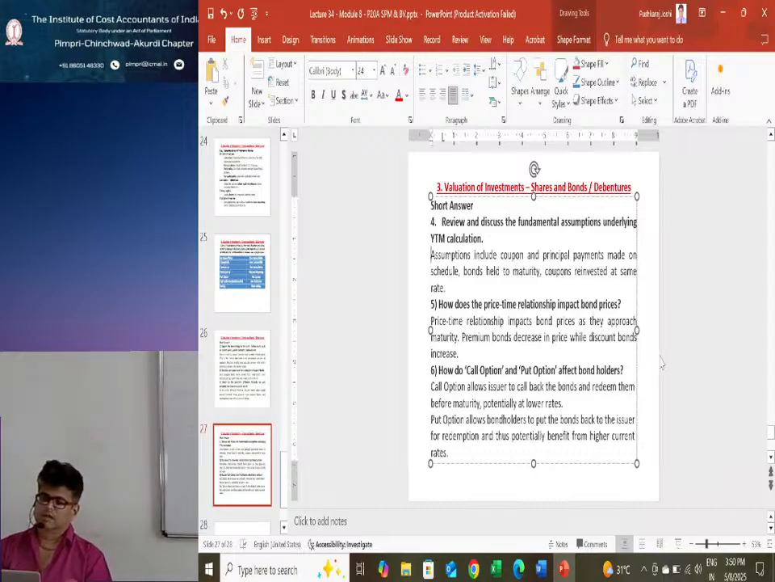Yeah. So review and discuss the fundamental assumptions underlying YTM. So assumptions include coupon and principal payments made on schedule, and bonds held to maturity, coupons reinvested at the same rate. Short question answer 5 deals with the price time relationship and the impact on bond prices. So the price time relationship impacts bond prices as they approach